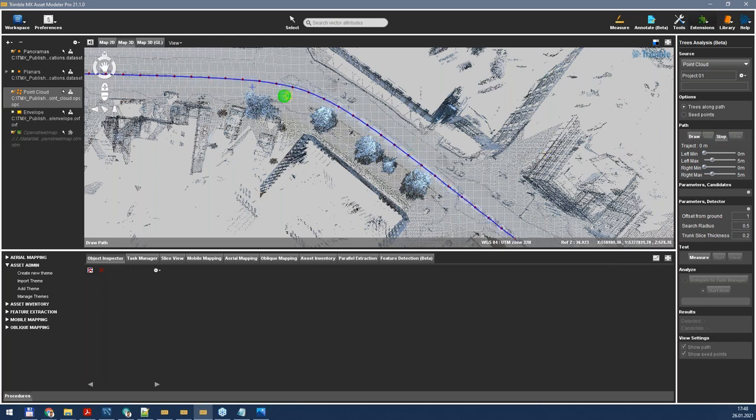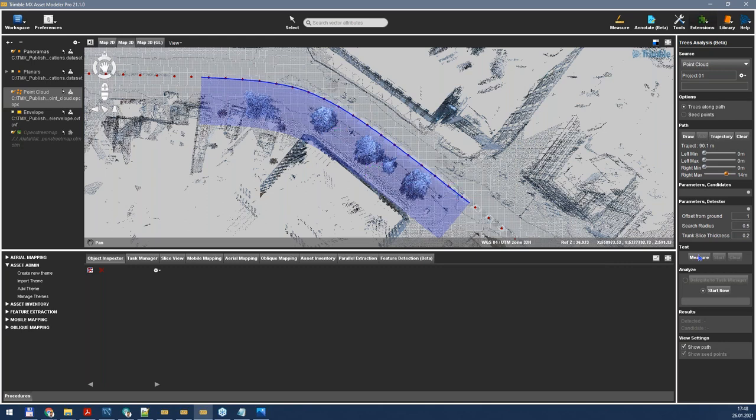So the trajectory, I will be using the information of the trajectory to look for the trees along the trajectory on the left or on the right. So I will define my segment along the trajectory by 2 clicks, a starting point and ending point, and then I will customize the searching area. The searching area I will basically play if I'm interested to look in the left-hand side or if I'm interested to look in the other side of the trajectory. So as all the trees are on the right-hand side, I just limit this search area to this side of